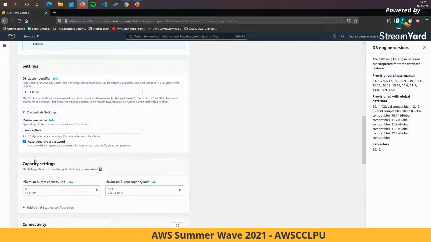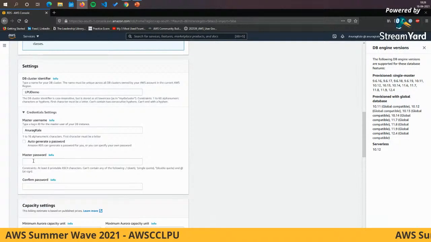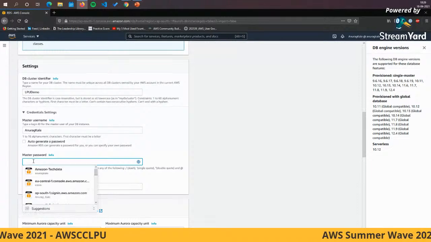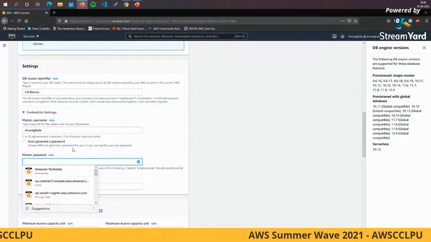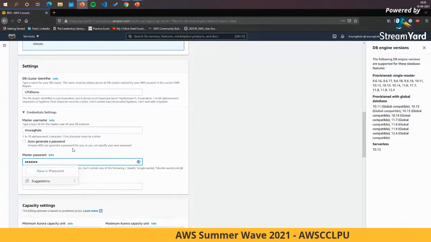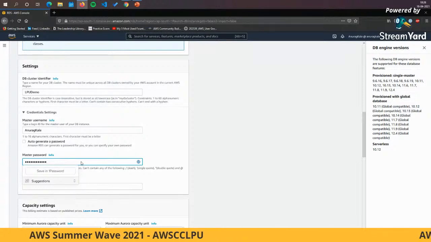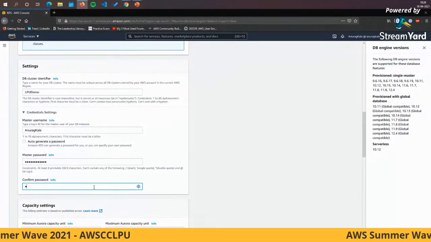For this moment, I'm going to create my own master password. It needs to be at least 8 characters, with no single quotes, and all that stuff. So I'm going to write a password which matches their criteria.